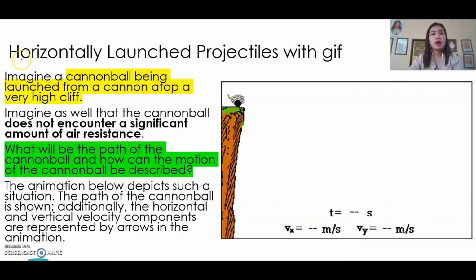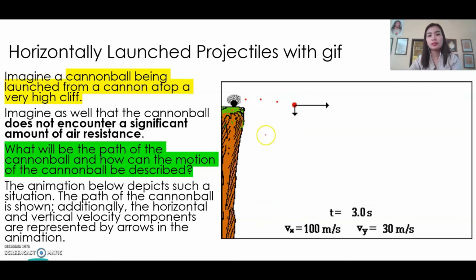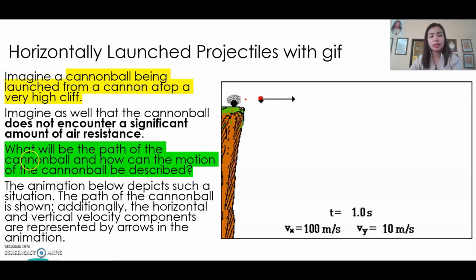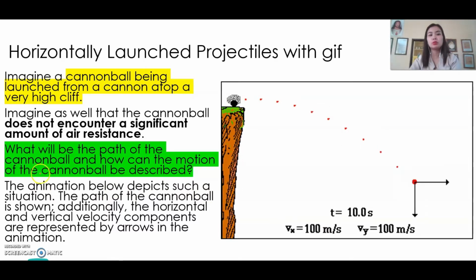Okay, so we are now in the horizontally launched projectiles. Imagine a cannonball being launched from a cannon atop a very high cliff. Imagine as well that the cannonball does not encounter a significant amount of air resistance. So, assuming wala siyang air resistance. Okay, now the question is, what will be the path of the cannonball and how can the motion of the